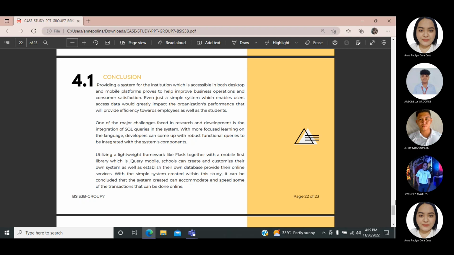One of the major challenges faced in research and development is the integration of SQL queries in the system. The basic queries are running smoothly, but unfortunately, in order to utilize the database language further, it would need more focus and time investment learning, as most of the advanced queries that can be used are not implemented due to time constraints by the time of the study. That said, with more focused learning on the language, developers can come up with robust functional queries to be integrated